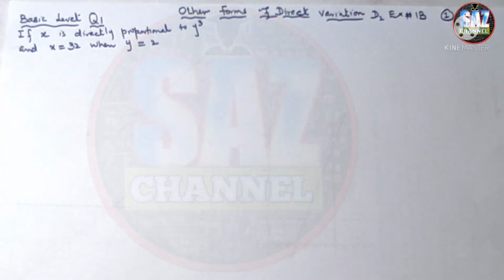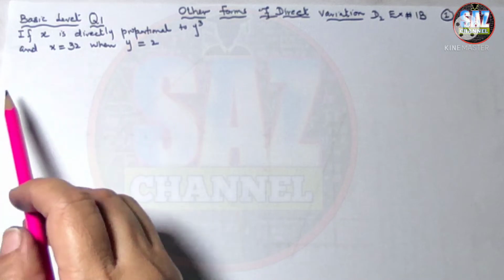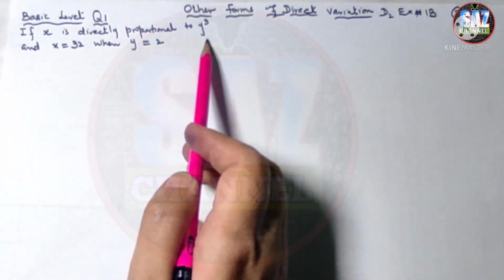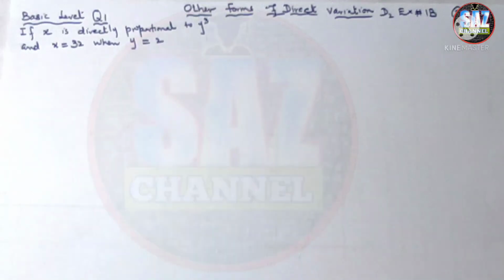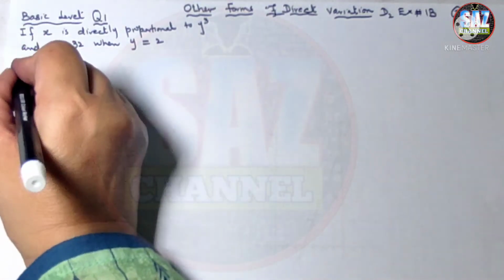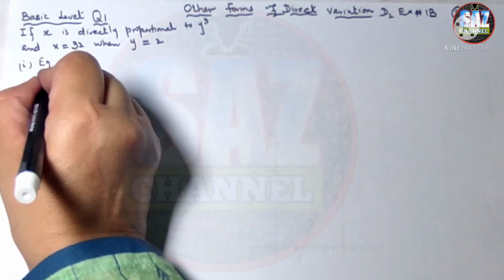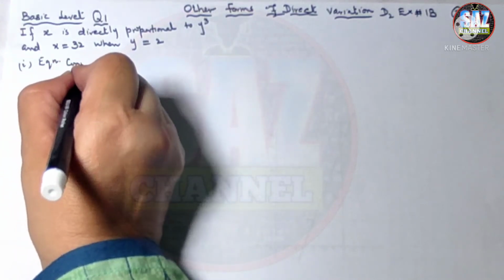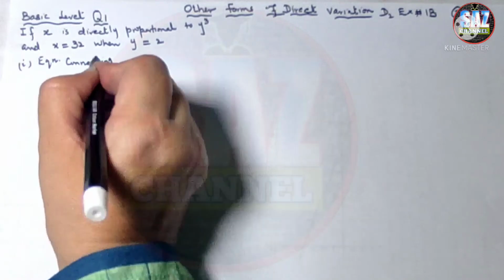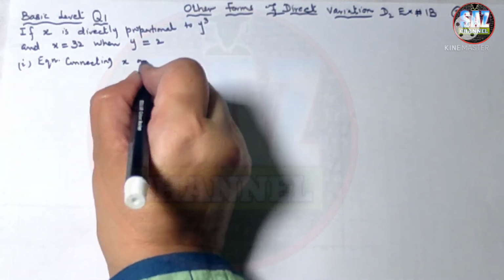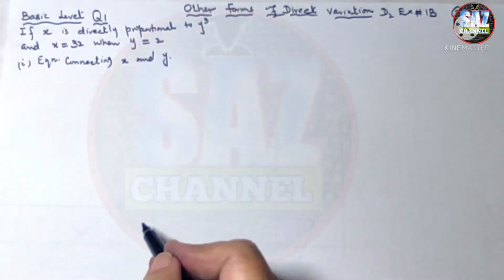With this note, let's move to the solution of question number 1. As the question is long, I have written the question in short form and I'll be reading the question from the book. Question 1 says, if x is directly proportional to y cube and x equals 32 when y equals 2, the first requirement of the question is that we have to write and find the equation connecting x and y. So for that purpose, what we have to do, as the question says that x is directly proportional to